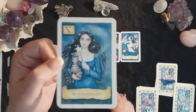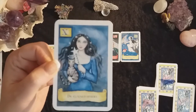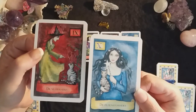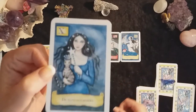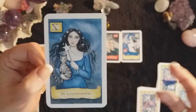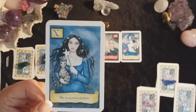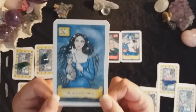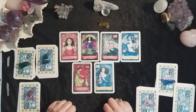And then we find the fairy dust witch, and that is the lighter side of you. You are a very magical person, and you absolutely believe in magic and manifestation. Like this is a curse, but you can use it in a beneficial way as well. And then you are very connected with the fairies and the fairy dust, in the sense that fairy dust has magical properties. So you sprinkle your fairy dust, you sprinkle your magic throughout your life, and you can lead a pretty magical life yourself. So these are your powers as a witch, and I hope you use them well,